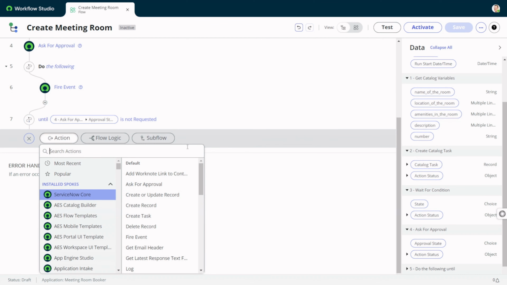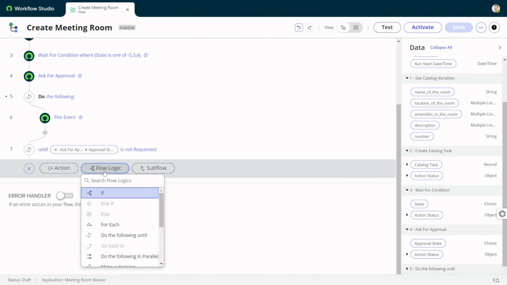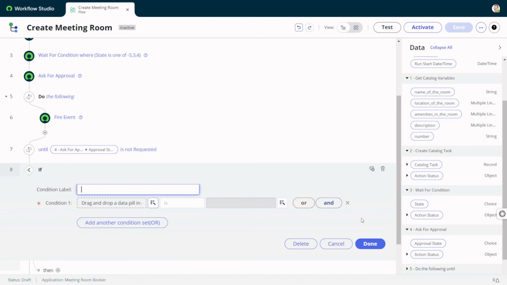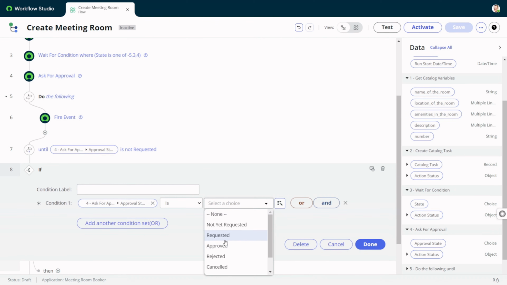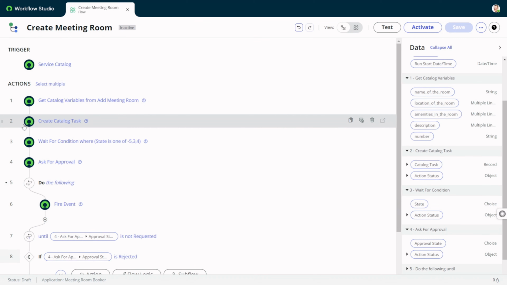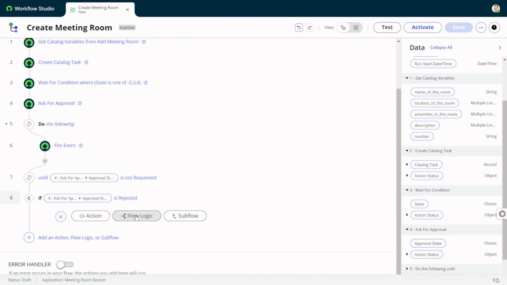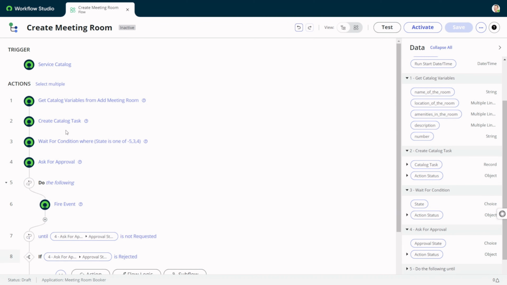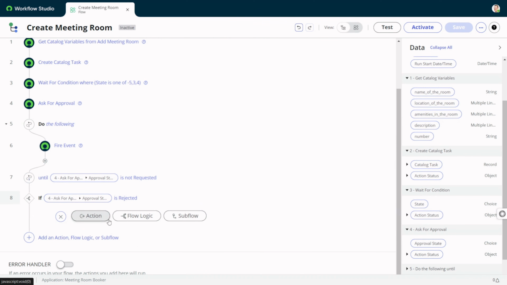I will just go with the flow logic, that if the approval state is rejected, what exactly do we want to do? If the approval state is rejected, that means there is something wrong with that meeting room allocation, right? So we want to again create a catalog task, get it reviewed, and then it will follow the same process. If they reject on the catalog task, then we will close the request out. So if the request is rejected, then what we'll do, we'll just